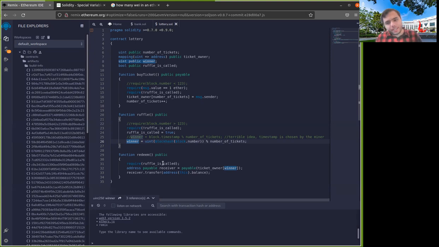But the difference is that the threshold is much lower. If I'm a miner and if I own, let's say, a third of the tickets, or if I own 1/10 of the tickets, then I just need to do this 10 times on average. And I will eventually find a block that has the right hash and lets me win. So as you see, this is also awful because the miner can just form a block that has the right hash.